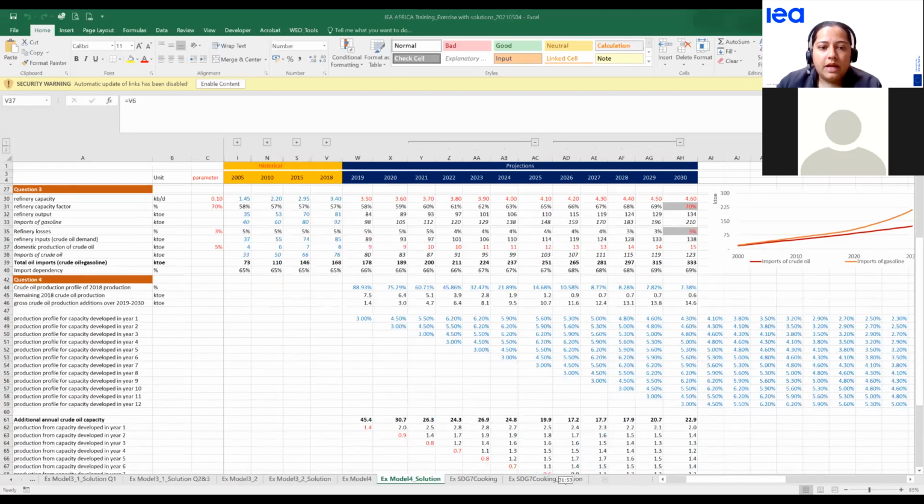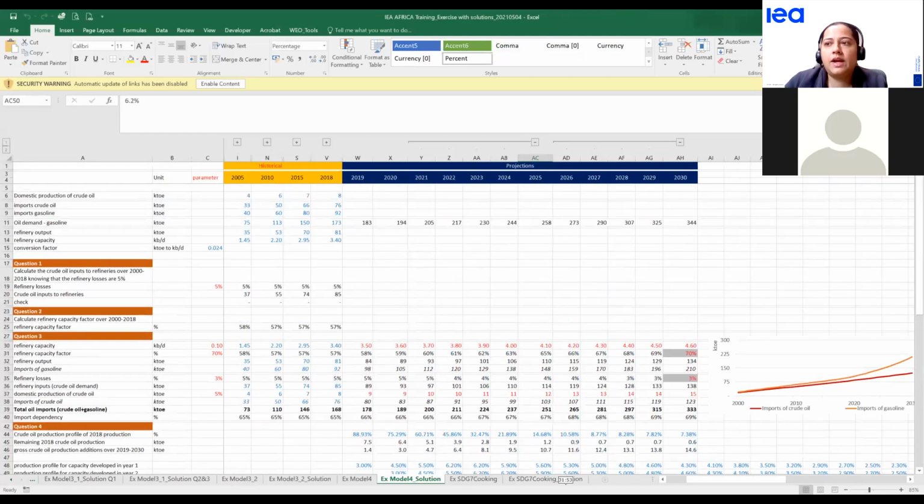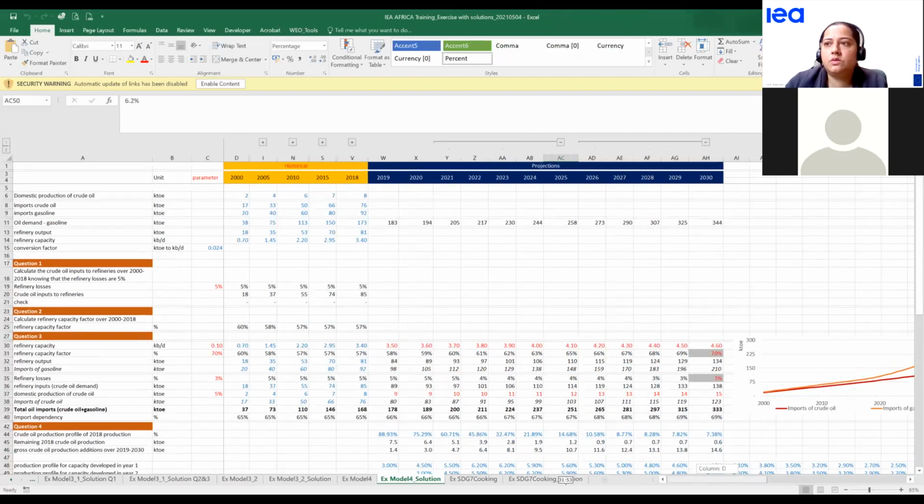So that was more or less the exercise. I think that just speaking like that, it's a bit more complicated when you follow the instruction in the booklet and you look at the Excel file. It's easier to do it step by step with all the hints that we provide. And we really recommend you to try to work it out. It's quite easy, the exercise. You just need to follow step by step and let yourself be guided. So that was the exercise.